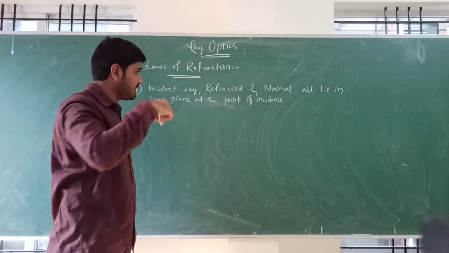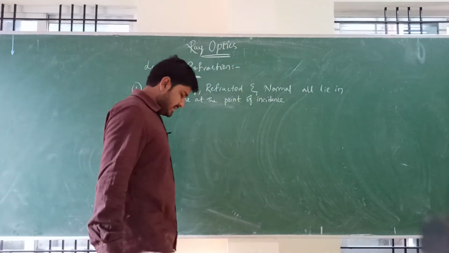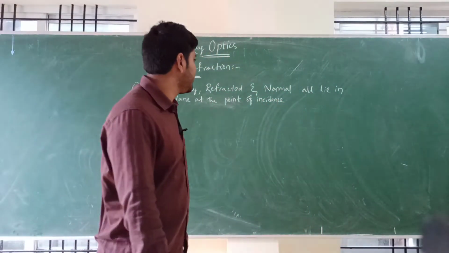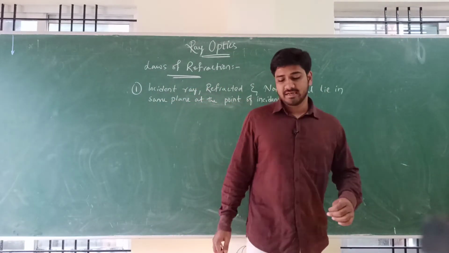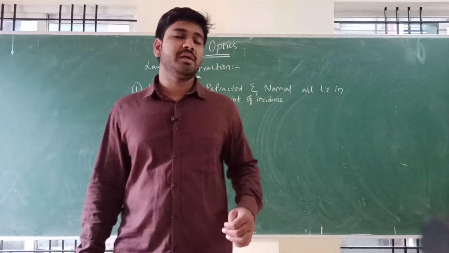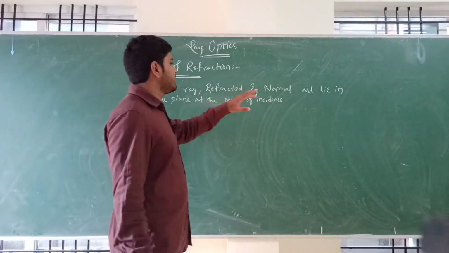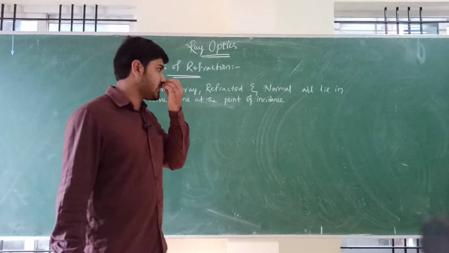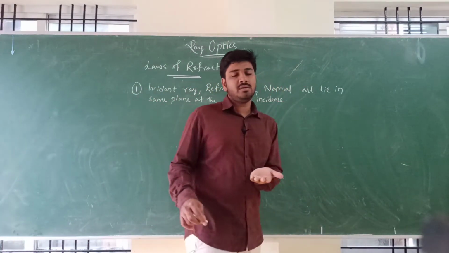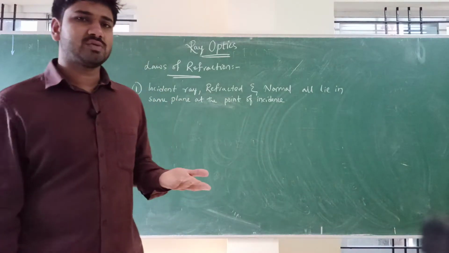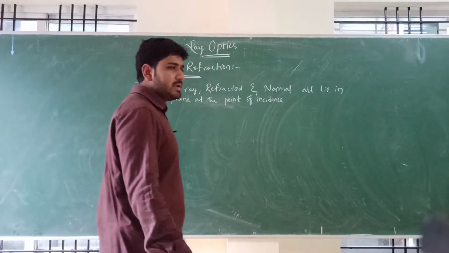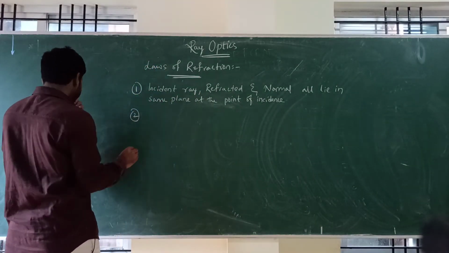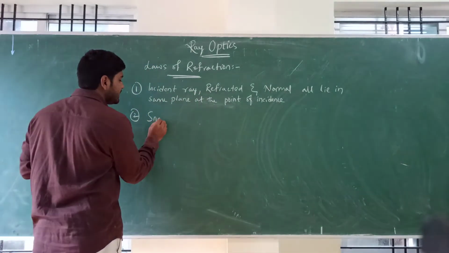So this is the first law of refraction, just like the law in reflection. There, the incident ray, reflected ray, and normal all lie in the same plane. Similarly, the incident ray, refracted ray, and normal all lie in the same plane at the point of incidence. It means they are in one plane. Suppose it is in the xy plane, then everything will be in the xy plane. Okay, the second law of refraction is called